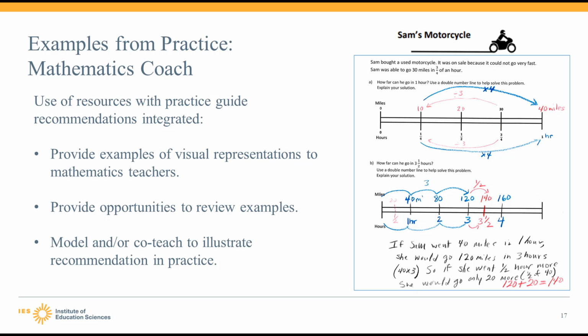Sure, Pam, thanks. The best thing that I have found to feel supported in trying to implement some of these recommendations is to just be provided with time. Being able to really wrestle with these problems and look at all of the different ways that they can be solved, look at student work with them, and then just practice over and over again, how am I going to do this lesson? And I think the modeling and the co-teaching is really, really important